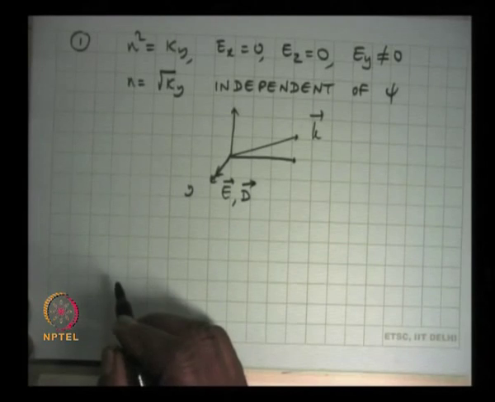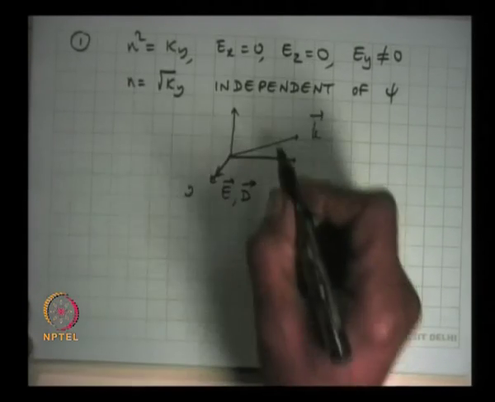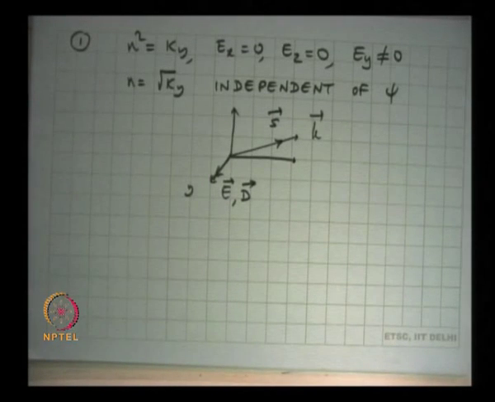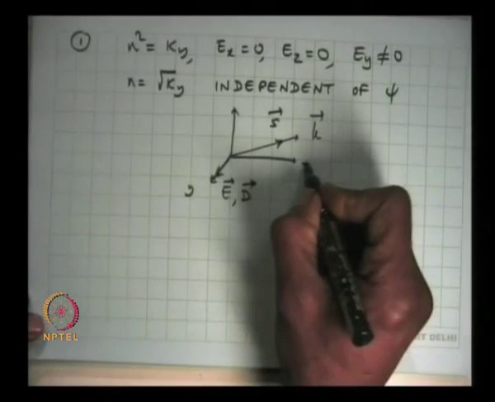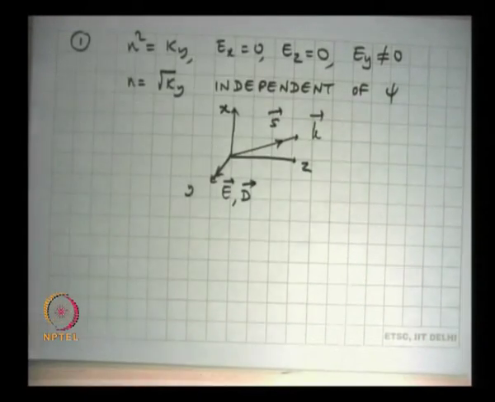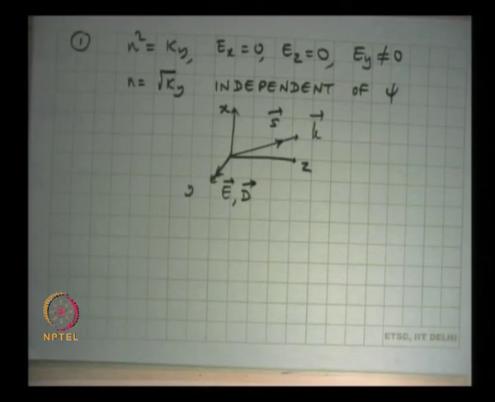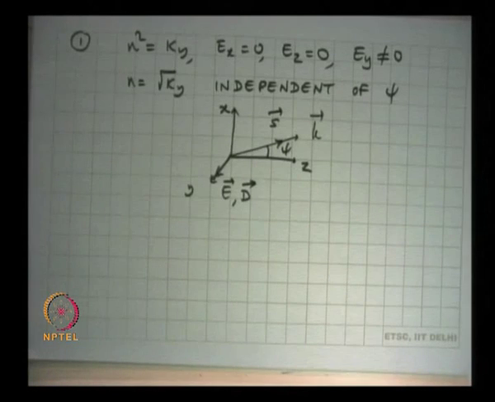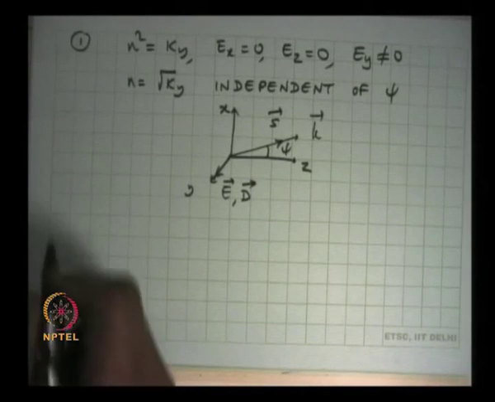So, D is also here, and what will be the S vector direction? Along k. So, this solution has its S vector parallel to k vector. The electric field and the displacement vector are perpendicular to the z plane, and the velocity of this wave is independent of psi. This angle is psi here. Second solution